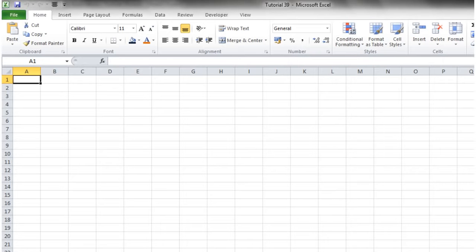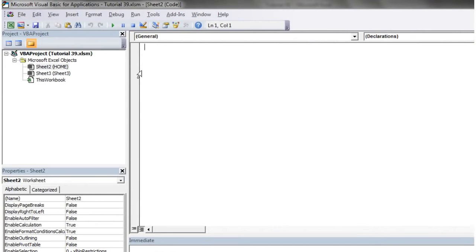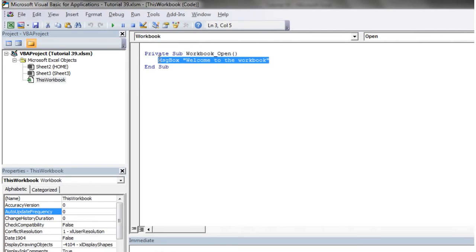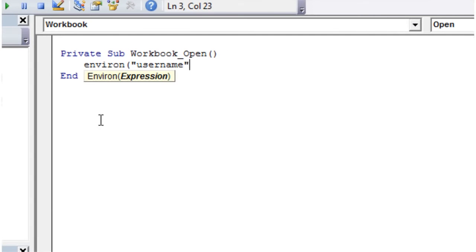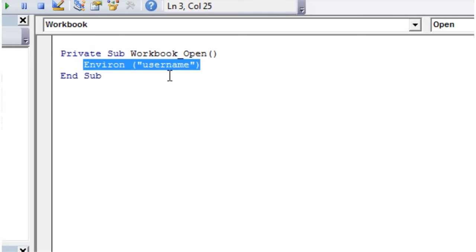The main things I use it for are when people open it up, to test user access. So let's go in here. One thing you can use from here is Environ("username"), which is going to return a string that gives you the value of the username of the computer that's logging in. My one comes up as Matthew, so let's put If Environ("username") = "Matthew"